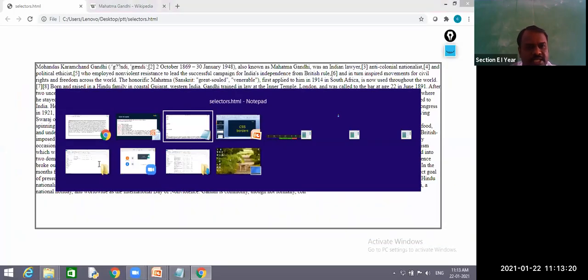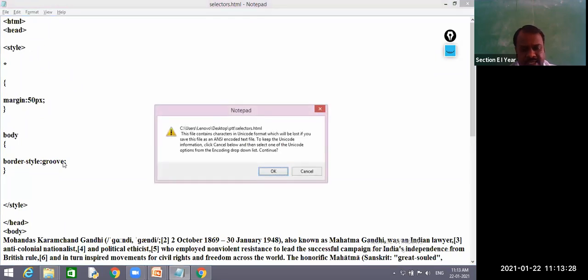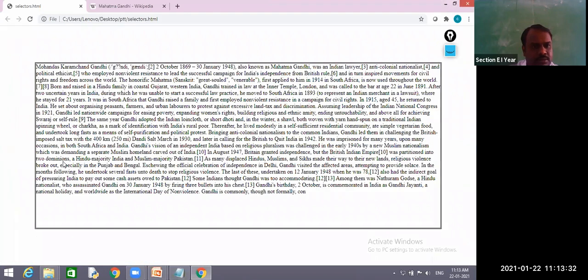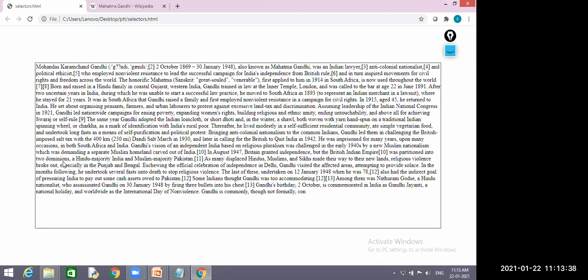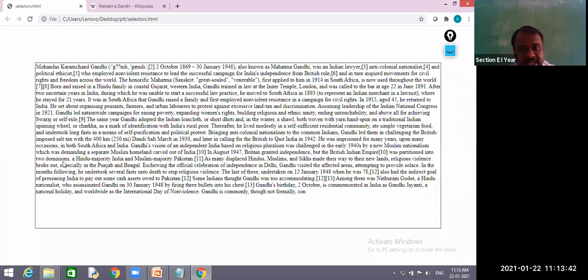Next, groove and ridge. So groove, this also looks like solid only, but it displays with a light color. So here can you see? Previously when I wrote solid, it displays with thick black color.